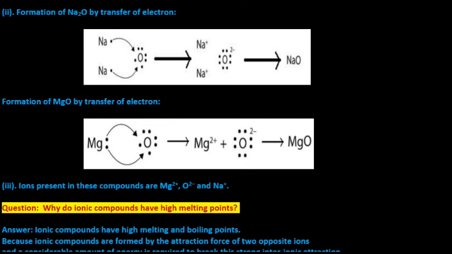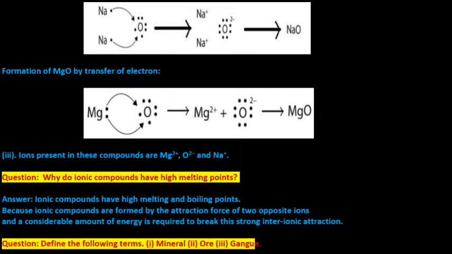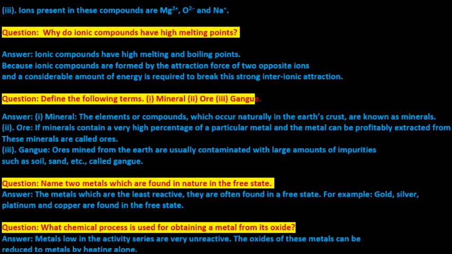Next question. Why do ionic compounds have high melting points? Answer: Ionic compounds have high melting and boiling points because ionic compounds are formed by the attraction force of two opposite ions, and a considerable amount of energy is required to break this strong inter-ionic